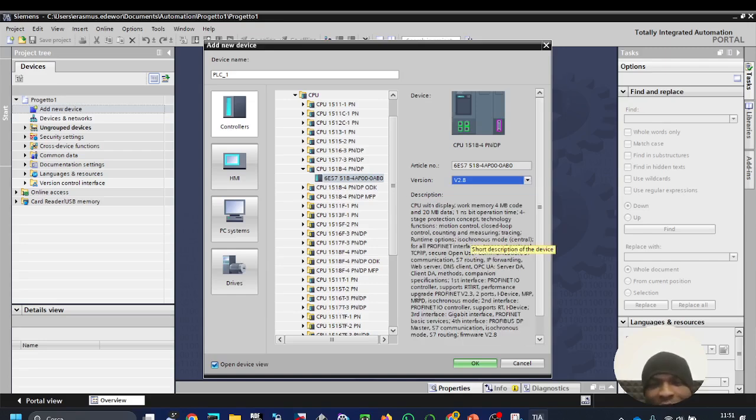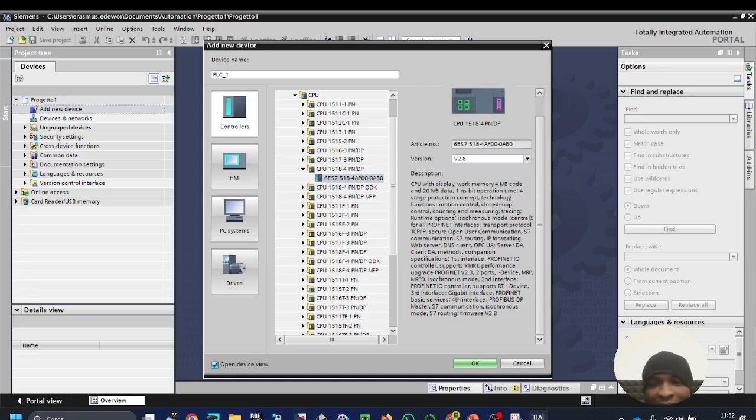Now choosing the latest, it says CPU with display. Okay, so this is the display right here. Memory: 4 MB code, so you have 4 MB for coding and 20 MB for your data storage. Then 1 nanosecond bit operation time, 4-stage protection concept, technology functions, and motion control. It has closed loop control, counting ability and measuring ability. It can trace for you. Then when you go to the runtime options, there is isochronous